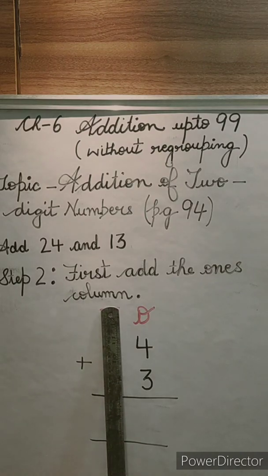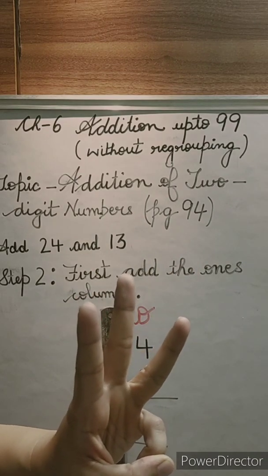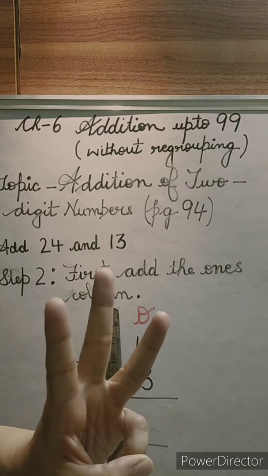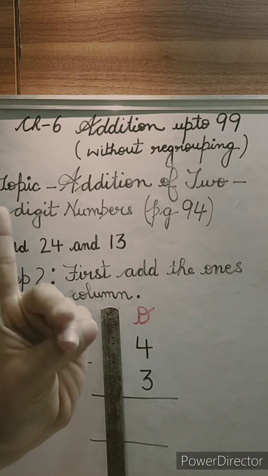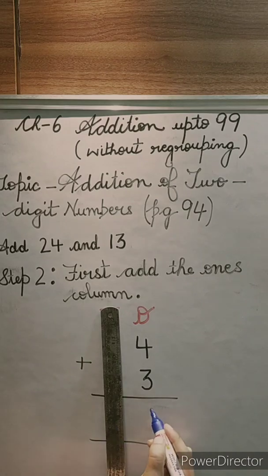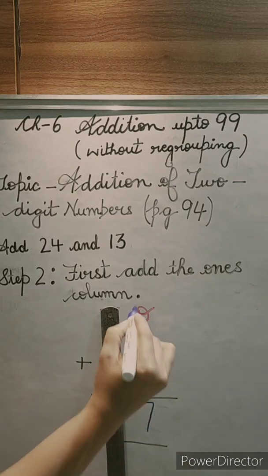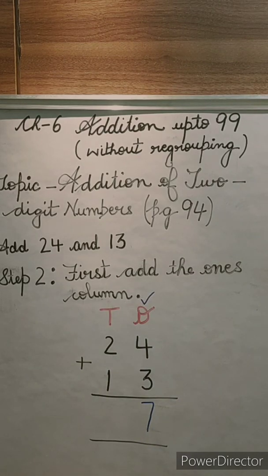Now we will start, yes, 4 in your mind and 3 on the fingers. So we will start from which number, 4, and we have to move how many steps, that is 3 steps. 4, yes, 5, 6 and 7. So what will come here, 7. So we are done with our ones column. So what is left? So now the tens column is left for addition. Now we will learn our step number 3.